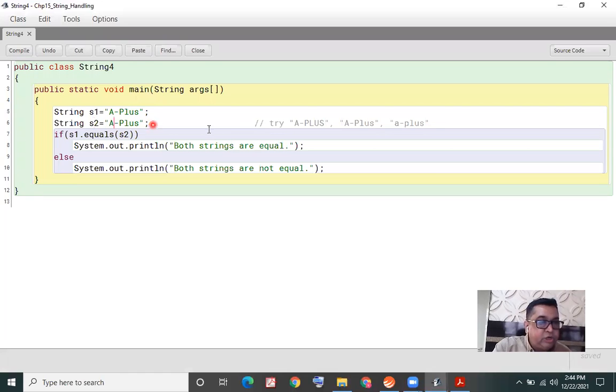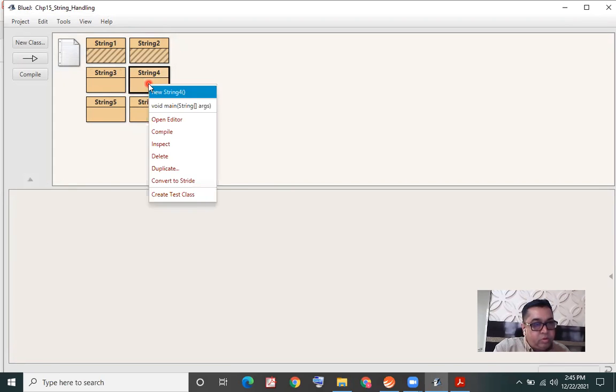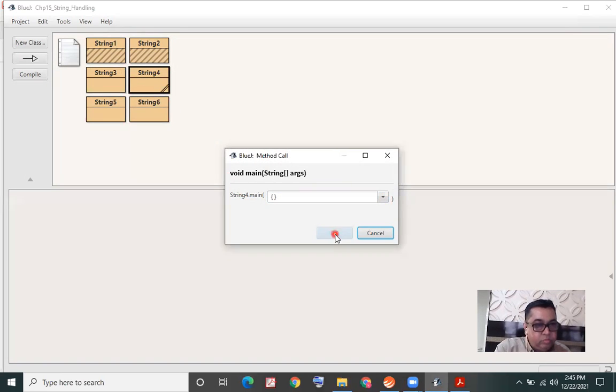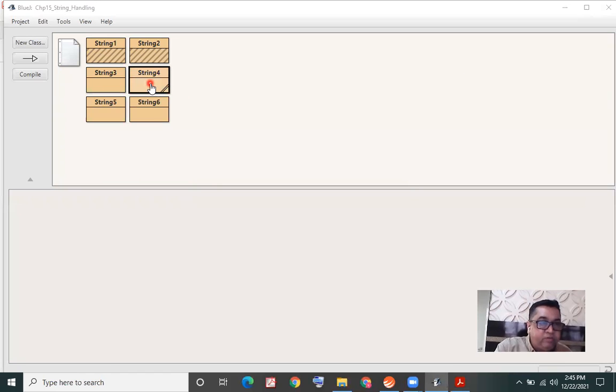And if I make this change in the second string, I should get the output not equal. Remember the method I've used is equals, and not equals ignore case yet. So both strings are not equal because we know the difference.